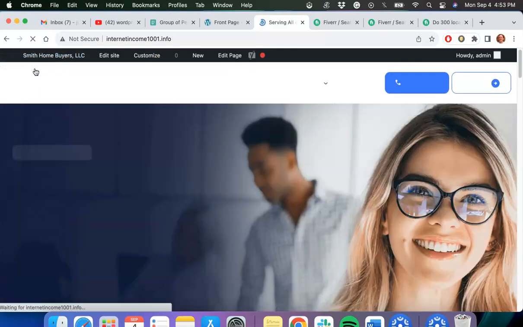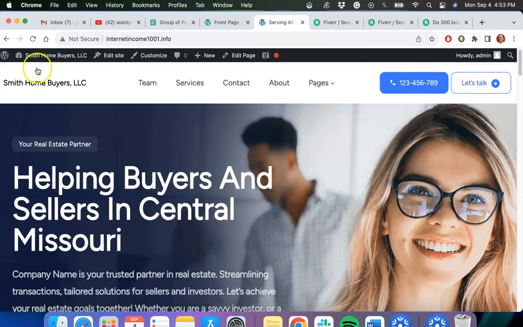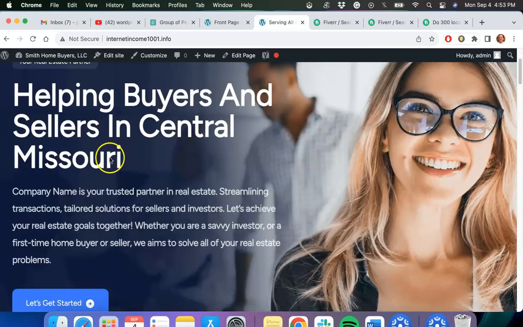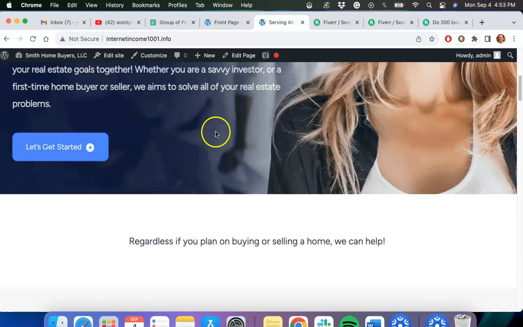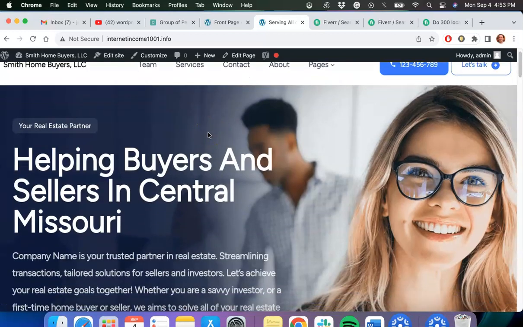You want to go back to the site, make sure that all the links are working. You want to look for errors on the pages. You want to click on all the buttons to make sure that it's fully functional and it's doing exactly what it should be doing. Because if for whatever reason, let's say that your website is starting to generate leads